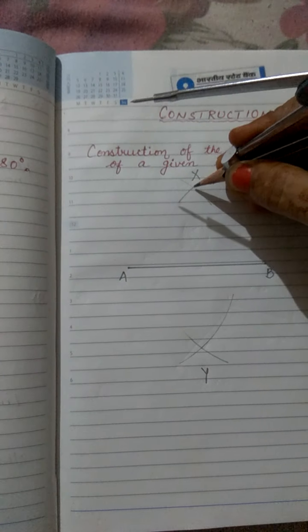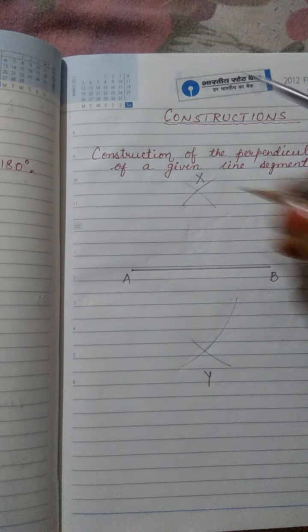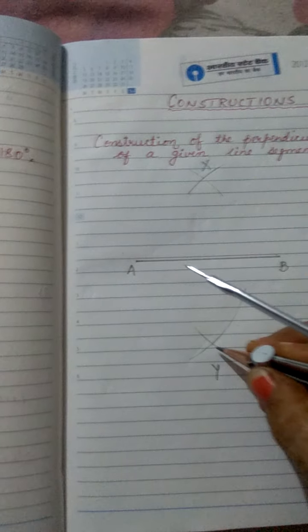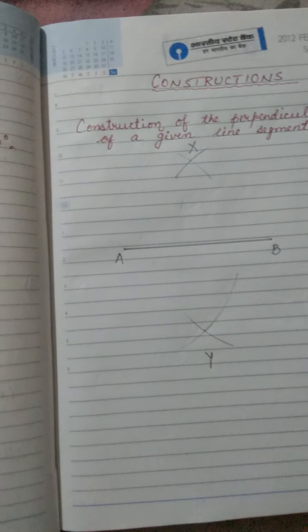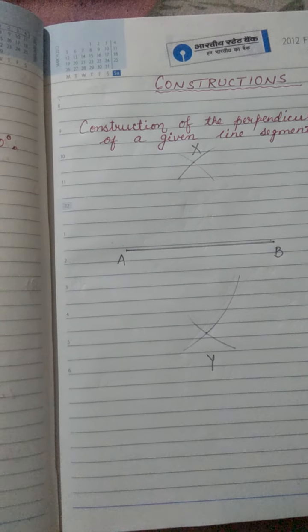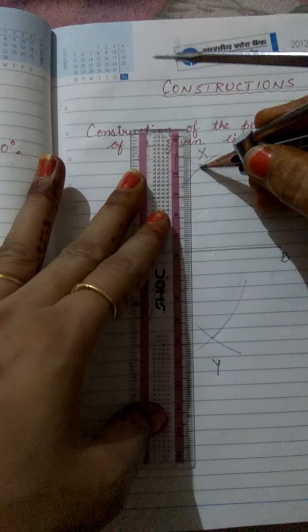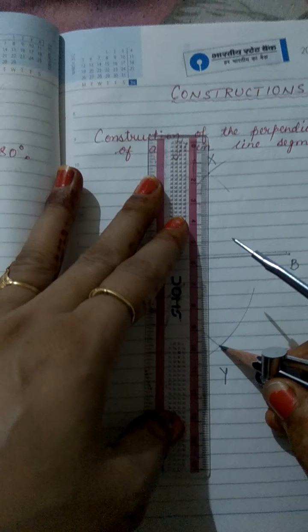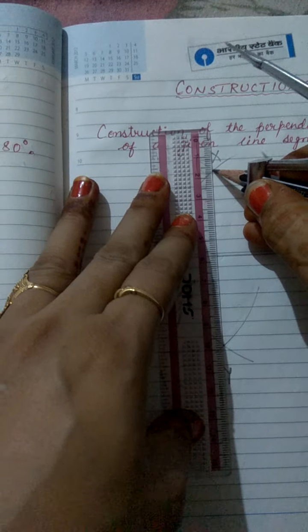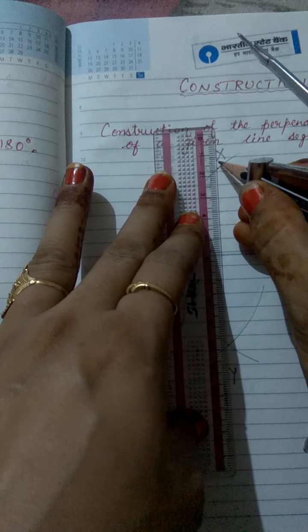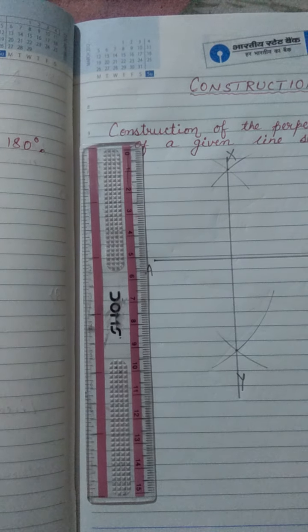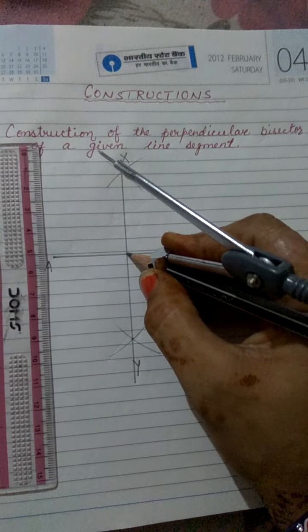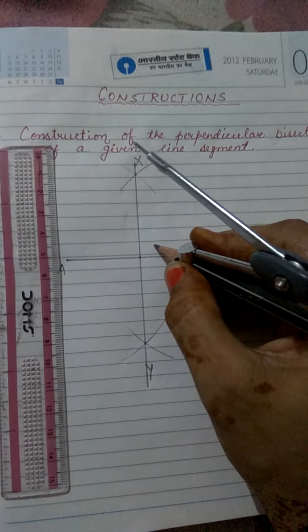Now what you have to do? Just put the point at the intersection of two arcs. Here also put the dot at the intersection of two arcs. Now join X and Y, join dot to dot like this. Now you can see that X and Y intersecting AB at a point, you can say O,